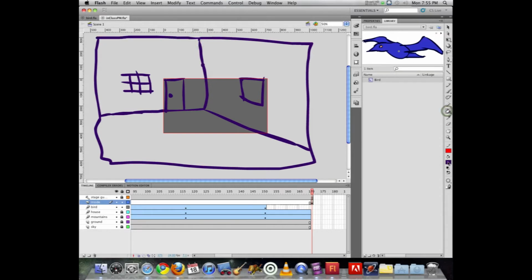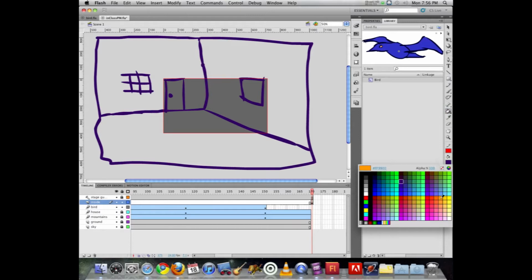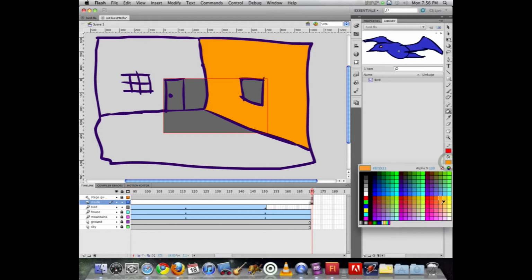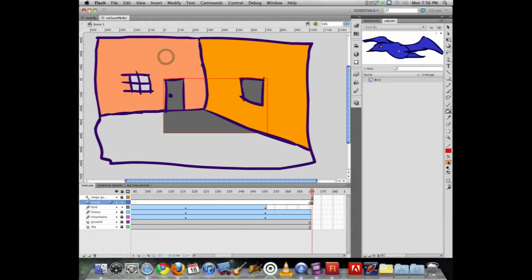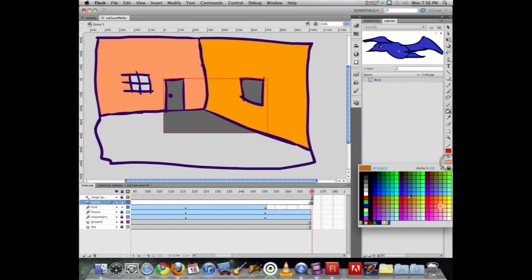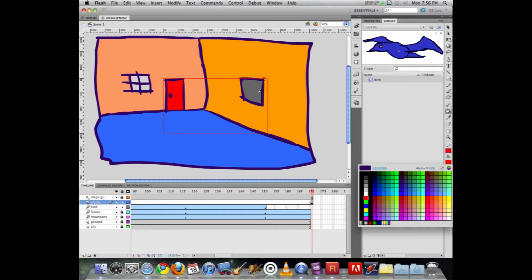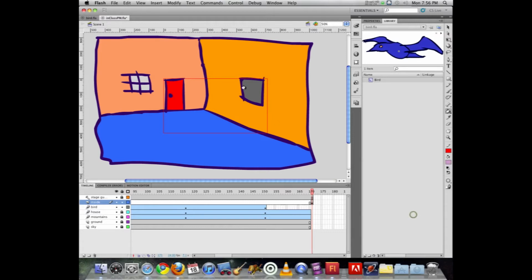Now I can grab the paint bucket and decide that our interior walls are going to be a beautiful orange color. We'll just make this other one a slightly different version. And my floor is going to be a nice blue. And my door from the inside will be a bright red. And I need to work on coloring in, I thought that could be a nice little painting of a person, so we have a little